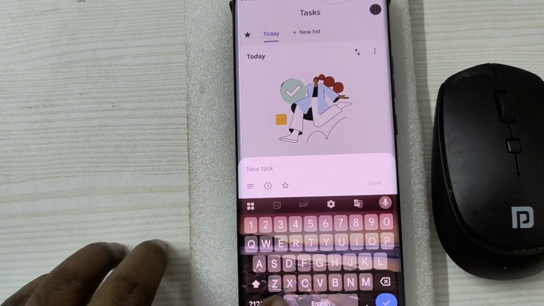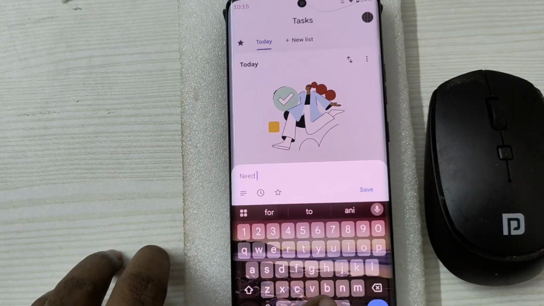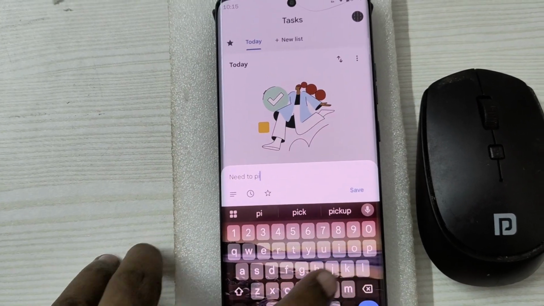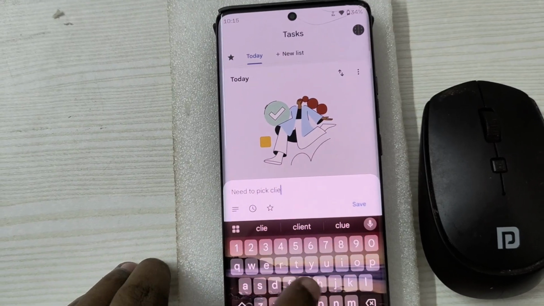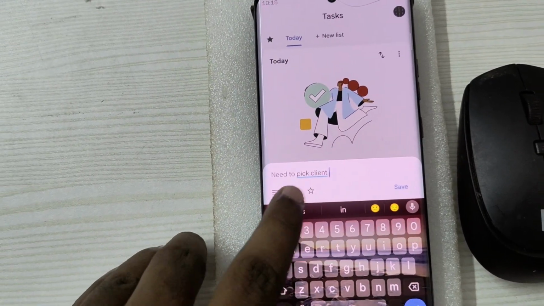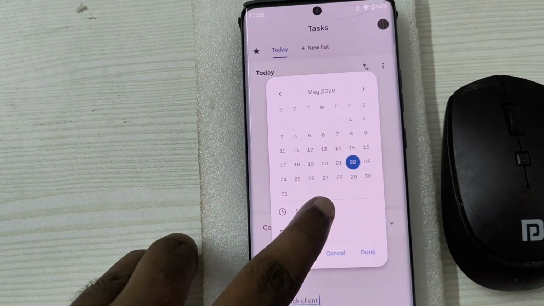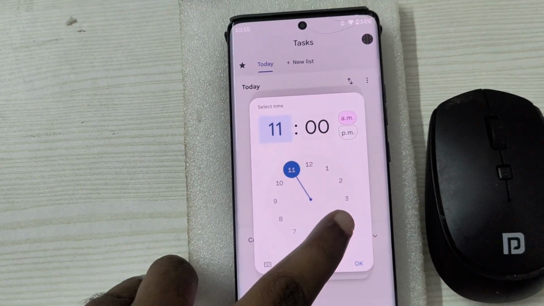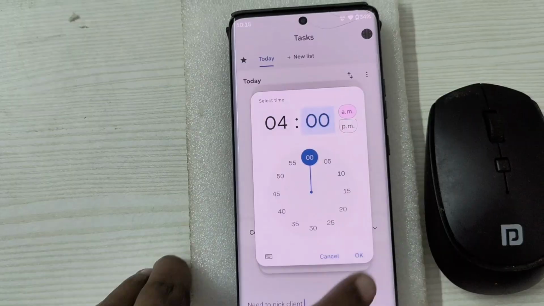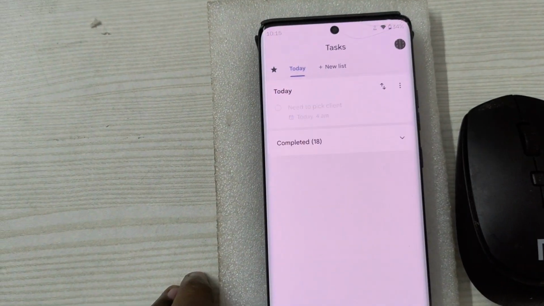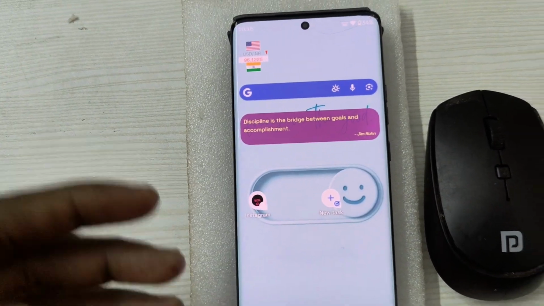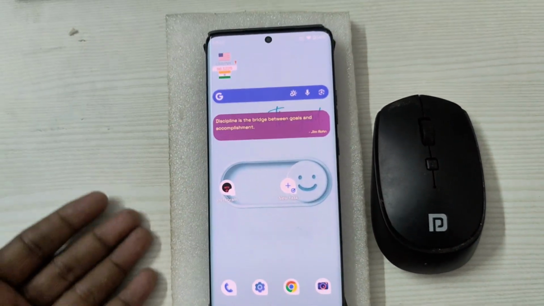Say something like need to pick up someone, need to pick up client, and give the time here. Set the time to 11:04 a.m. or something like that. Okay, done, save, done. So at the exact time that you have set, that reminder will be shown to you